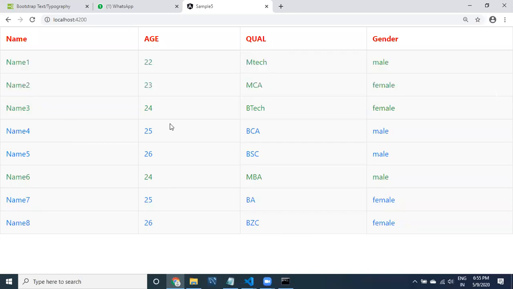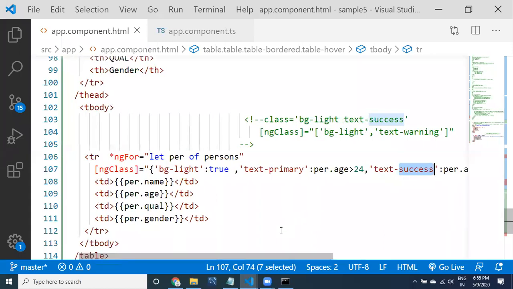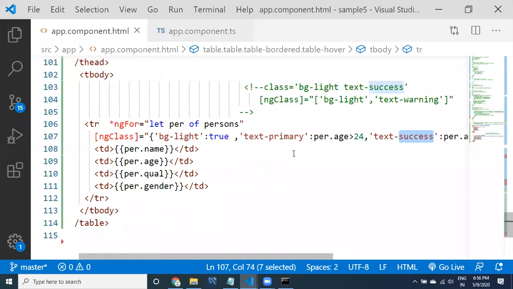So that's how you can provide these things, guys. In the previous example, we were applying styles directly. Now you are applying the classes. So sometimes you need to apply classes, and sometimes you need to apply styles directly. Wherever you want, we need to apply such kind of things.